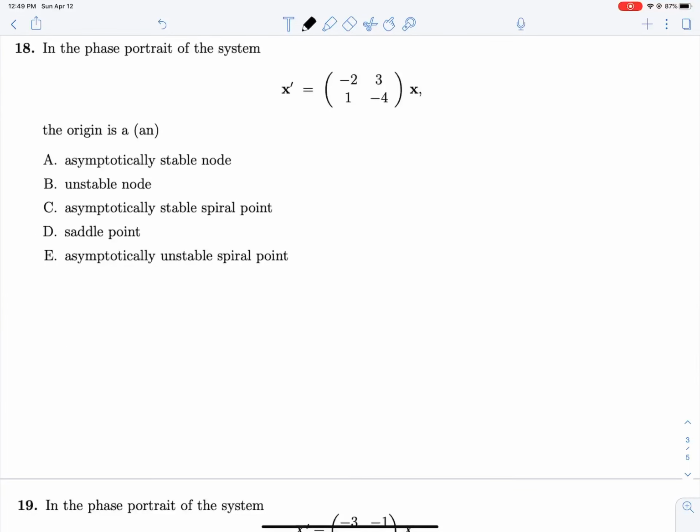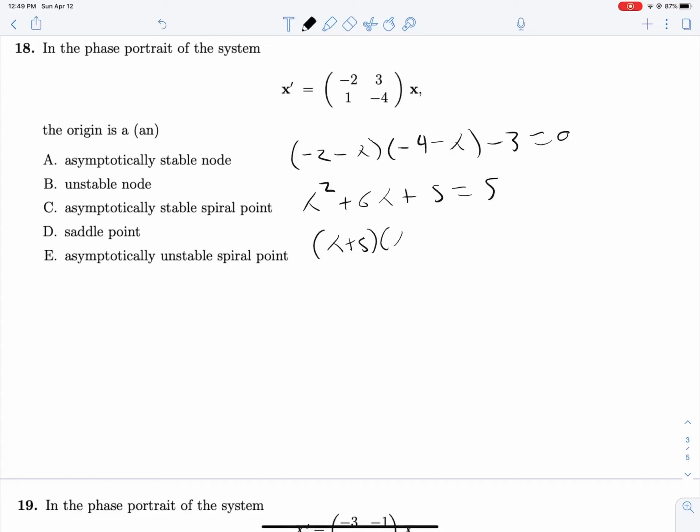This is a much easier one. We're just trying to identify the phase portrait of this system. So like we normally do, (-2 - λ)(-4 - λ) - 3 = 0, or λ² + 6λ + 8 - 3, which is +5, equals 0. This will factor to (λ + 5)(λ + 1) = 0,